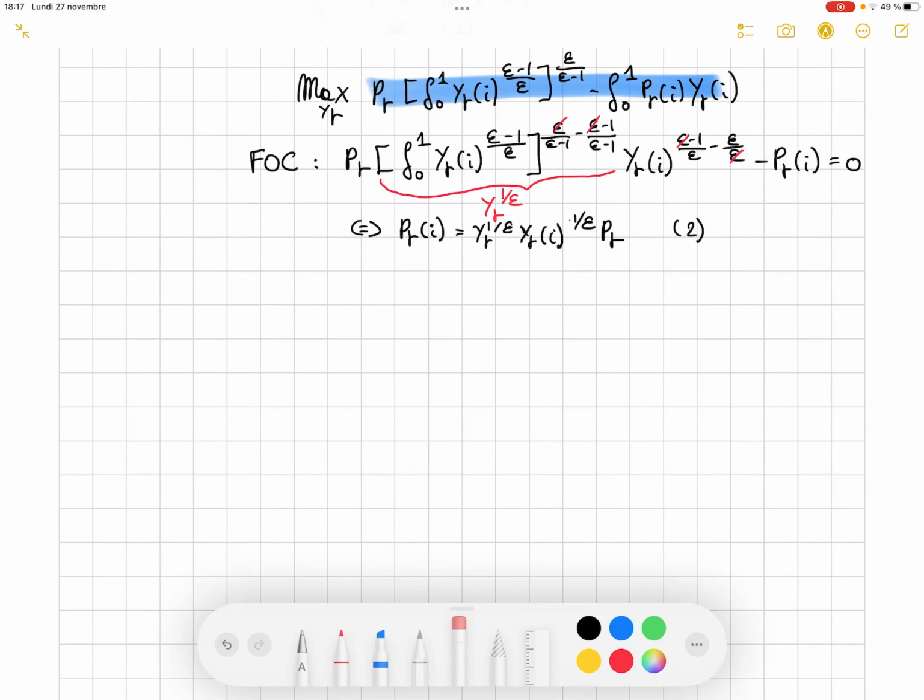So now that we covered the final good part, we will go to the intermediate firm part. So here we will consider that each firm is in monopolistic competition on its own variety. Okay, so there is one firm per variety, a continuum of firms in a sense, and each of them is in monopolistic competition in its own variety.